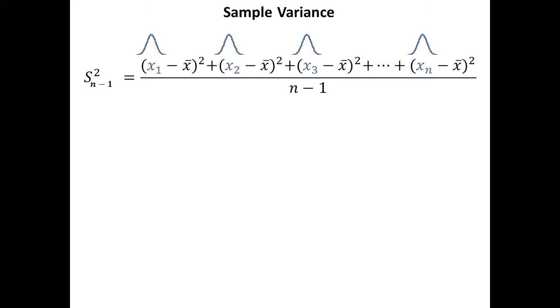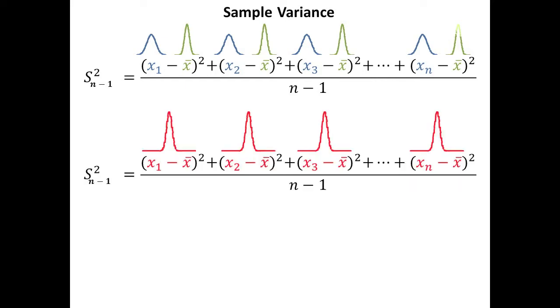If the population from which the sample means are drawn is normal, then each of the data xi will be normally distributed, as will their mean x bar, since it is simply a sum of variables that have normal distributions. So, if the sample variance is the sum of a bunch of normally distributed quantities squared, what shape will its distribution take? To answer that question, let's look at the shape we get if we square a single normal distribution.